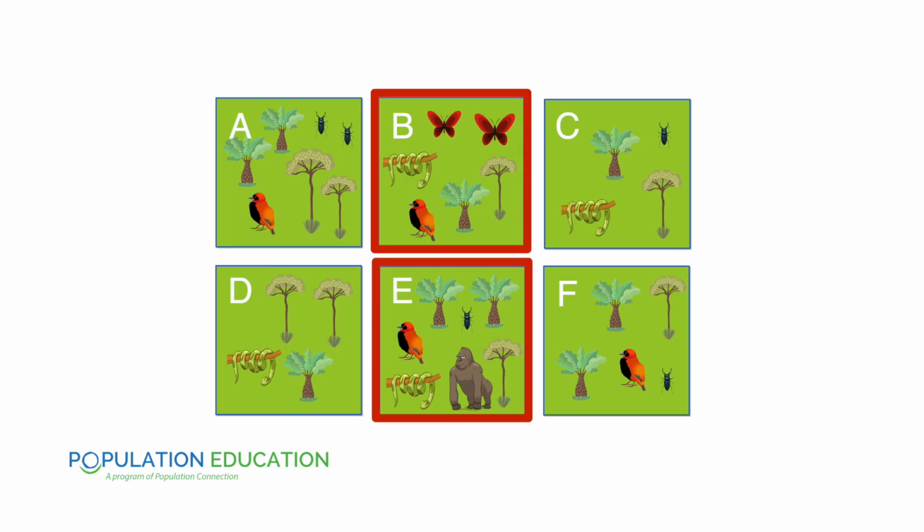But what is the probability that any species will become extinct if 1 acre of tropical forest is cleared? There is a 2 out of 6 chance. There are 2 acres with unique species, the purple bead representing the gorilla, and again those yellow beads representing the butterflies. So if either of those acres were cleared, those species would be totally gone. They would be extinct. Now students are going to bring population into their exploration of biodiversity using a dice.